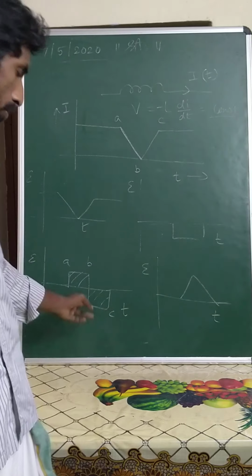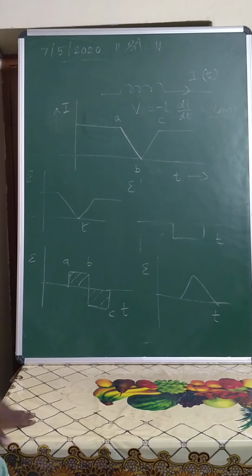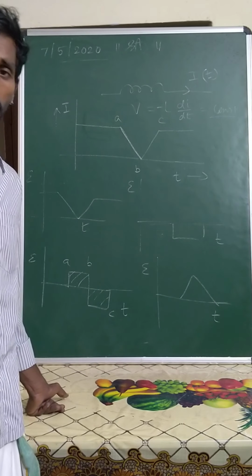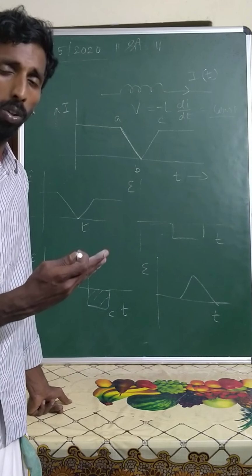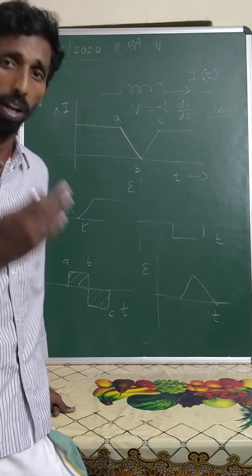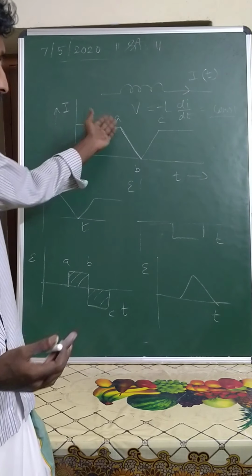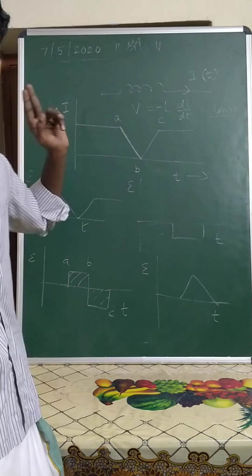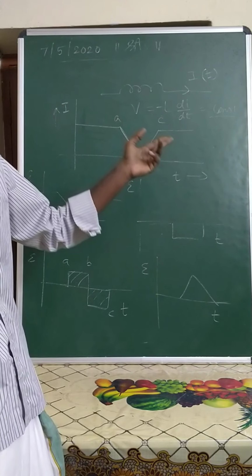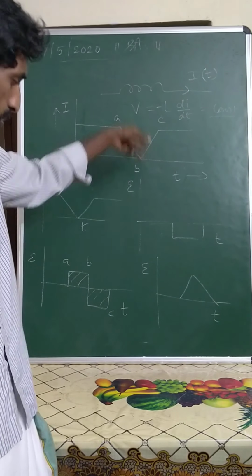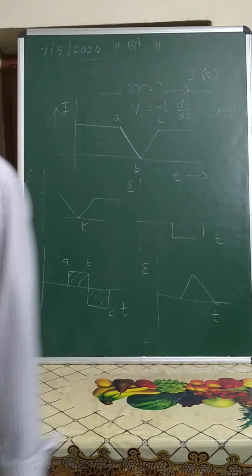Current is increasing, so induced EMF will be negative, as in the case of a resistor, because this is the normal condition of DC, not like AC. In AC we know that voltage advances the current by a phase angle of 90 degrees, that is pi by 2. Here it normally decreases. With this idea, minus L dI by dt, they are asking for the induced EMF. Minus L dI by dt: initially dI by dt is negative, so minus minus plus, EMF is positive. In the second case, it will be negative.